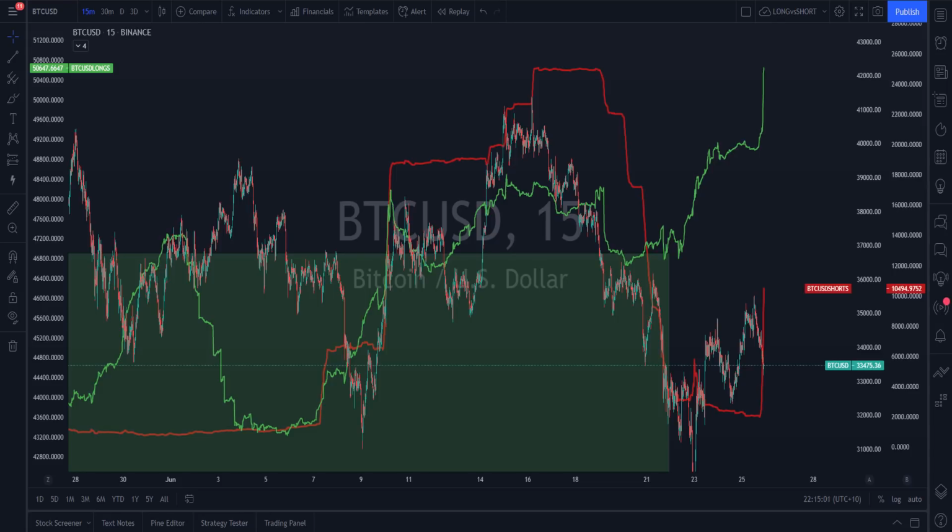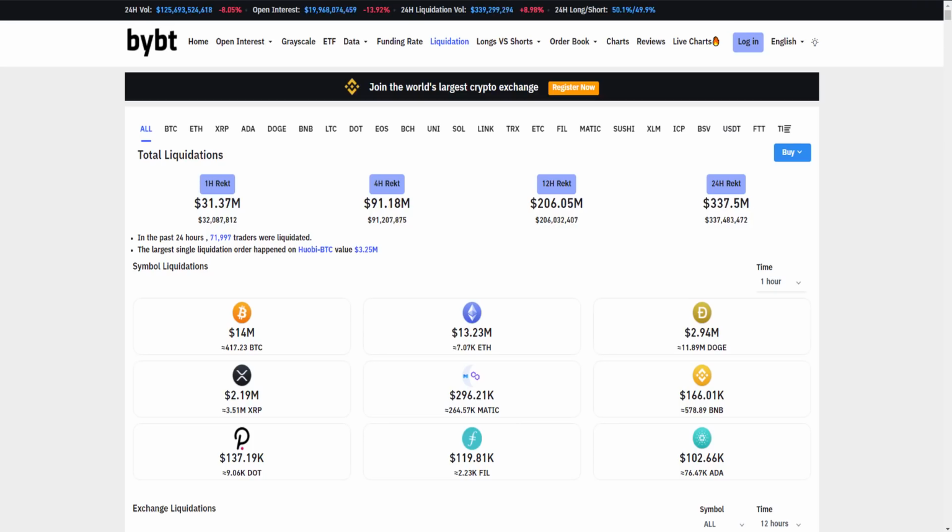Now, what is happening with liquidations? Is this a big liquidation event? The size of liquidations is always important. If it's a low number, say 300, 400 million, up to about 600 million, that is a light day. If it's over around 1 billion, that's more significant. If it's over 1.5, then that matters. Let's have a look at the liquidations. Okay, we can see here that 337.5 million is under light. It's light.